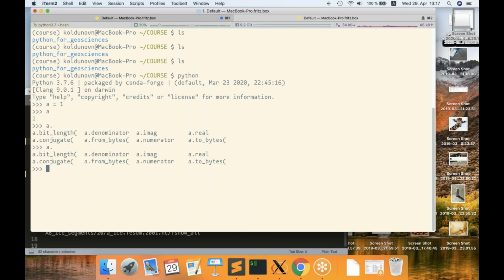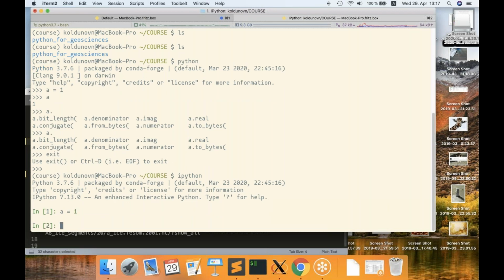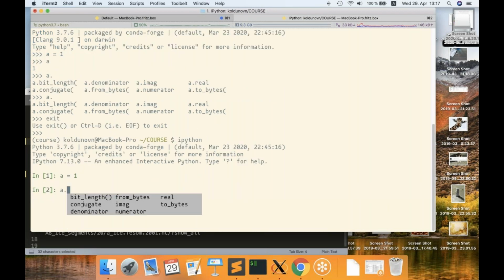For a lot of things, you need something more than a simple command line. And for this, people invented IPython. And that's a much more advanced interactive shell for Python. And most of the scientists, when they work interactively in the shell, use this one. So let's say we do the same thing, but we can have some additional capabilities. I'm not going to load you with too much information. It's just important to know that it's also a Python shell that is more advanced. Although we are not going to use it,